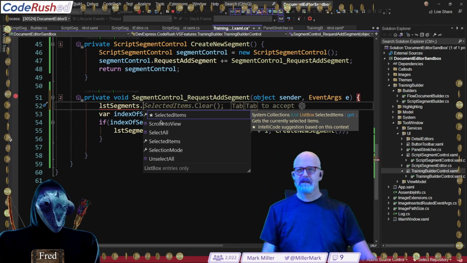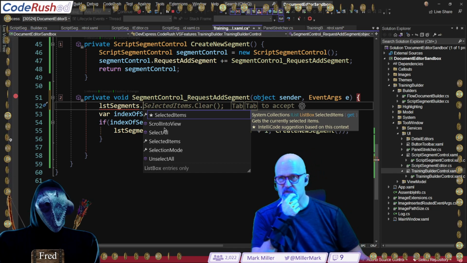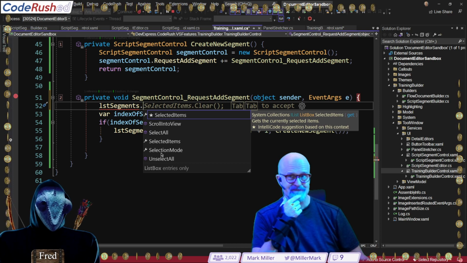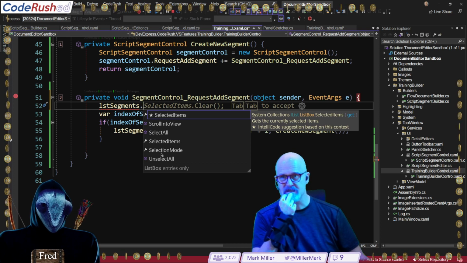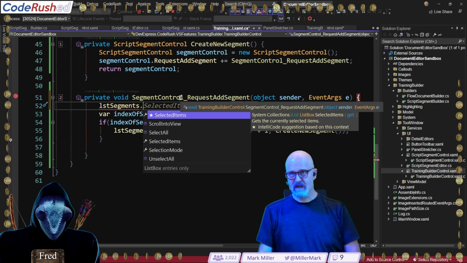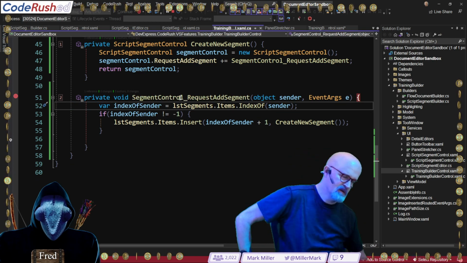All right. Yeah, I don't see it. These are the only properties I got: scroll into view, these methods, and then selected items selection mode. I think that's probably just multi-select. And that's it. I'm going to say it doesn't exist, in which case we might have to change this to something different.